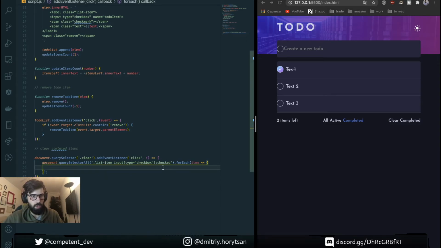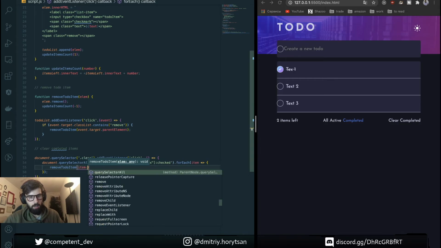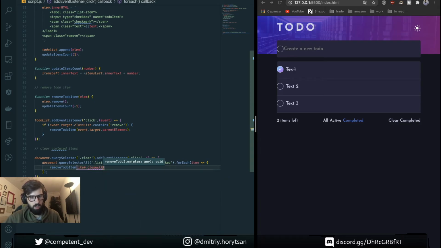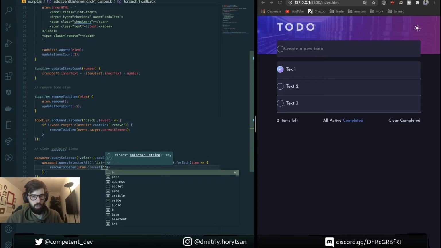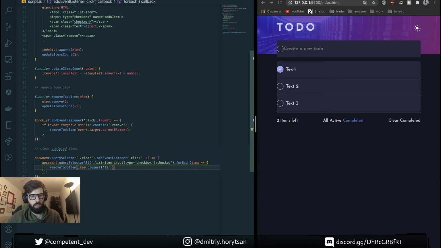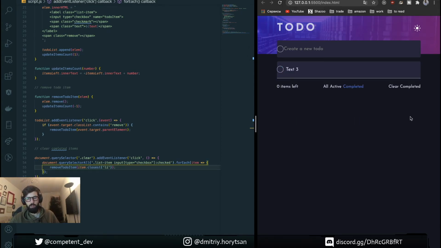So for each of these we do remove to-do item closest. It's looking for the closest parent. So for example, we're doing this and then clear completed. Nice. And for each we're doing -1.